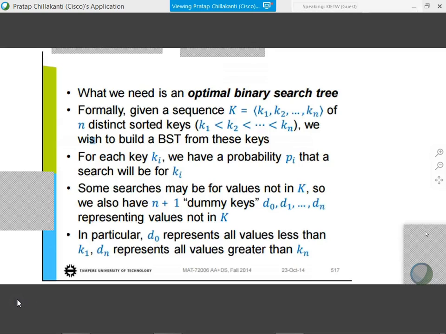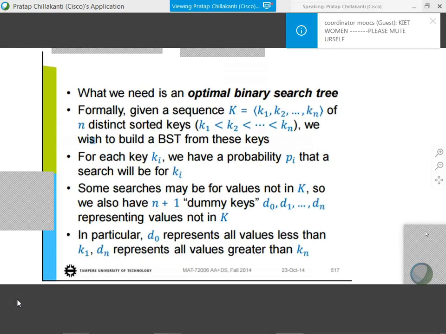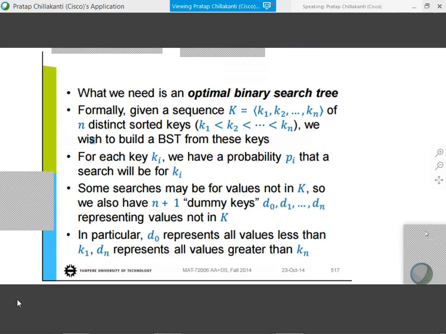Now when you're searching for something, you may not even find values in the tree, right? So what typically we do, I don't get into that detail. I don't think I show you any slides related to that bullet 4. The way you do that is when you build the tree, for all the other values which are not in K, you use some dummy keys to say that you have reached the end of the road and you didn't find the key. Okay?